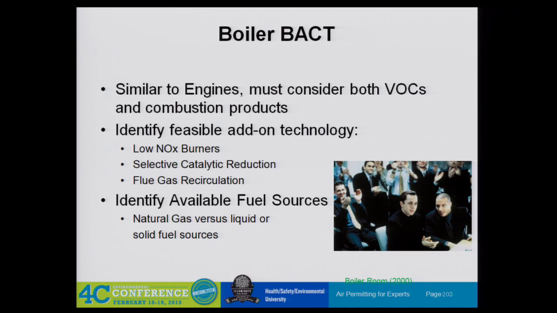Boilers, similar to engines, must consider both VOCs and the combustion products. Low NOx burners obviously have been the go-to BACT for a long time now. Selective catalytic reduction, fuel gas recirculation, there's still something that you need to consider. And if they don't wind up on your unit, make sure they fall out nice and clearly in that 5-step process. Identify available fuel sources,